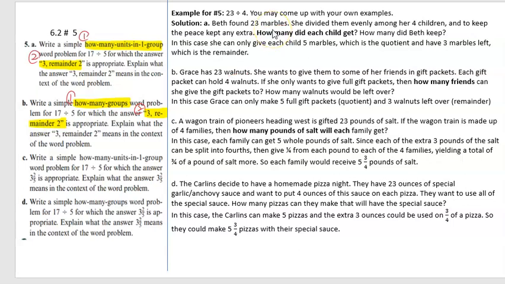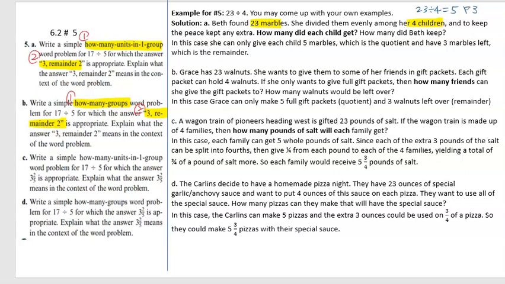And what I meant is, if you have one marble, you cannot cut it and give everybody a portion, a fraction of it. Or if you have one walnut, you cannot really cut it and give everybody a fraction of the one walnut. Okay, so notice that, 23 marbles split among 4 children. And notice that when we do division, we are going to have whole number 5, and there's going to be a remainder